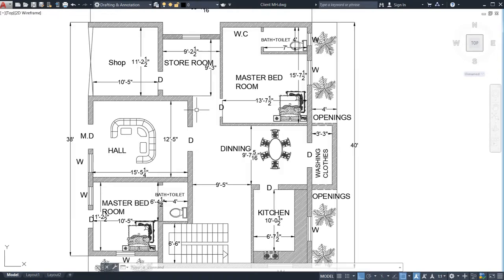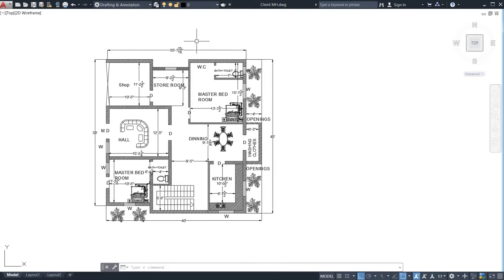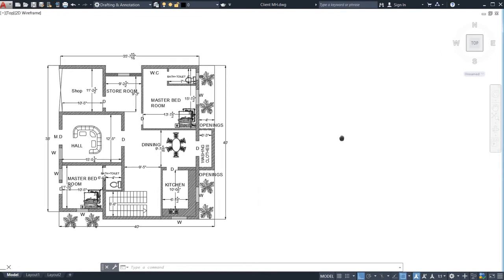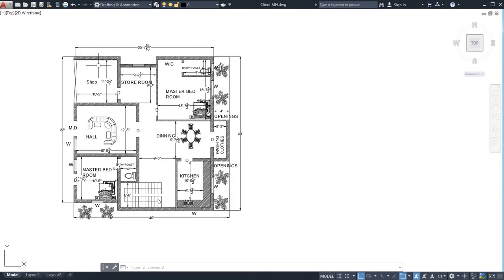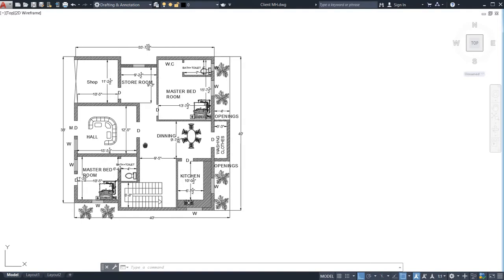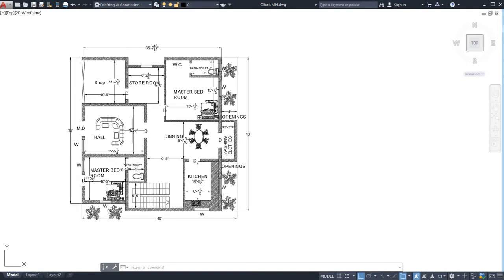So as you can see, this is my building plan, right? As it is, I am going to draw here, so that will be really helpful for you. You can see this is the shop, this is the hall, and this is the master bedroom. There are two master bedrooms, and here the kitchen, dining, and all these rooms have their specifications which I have already mentioned over here.